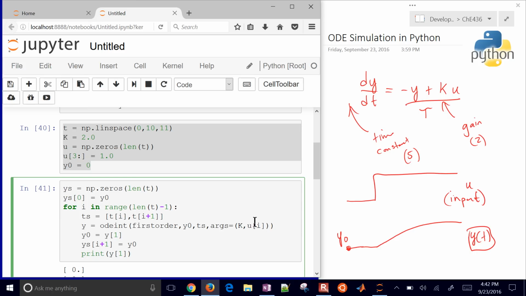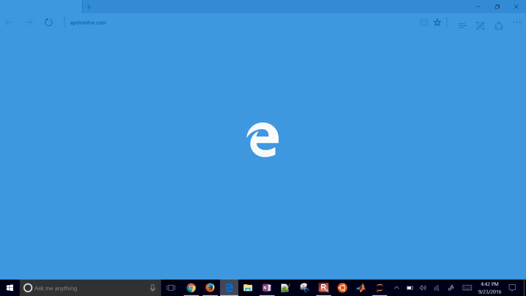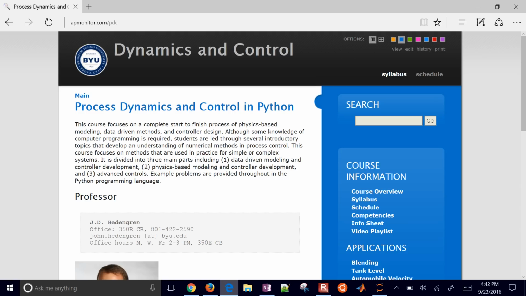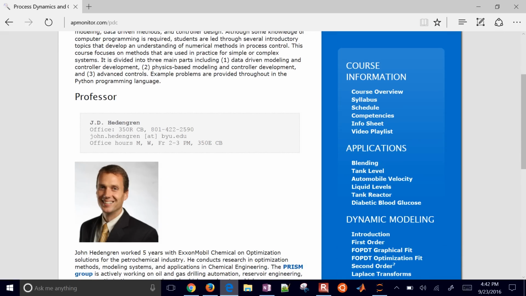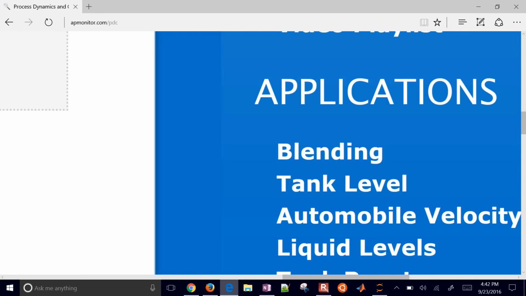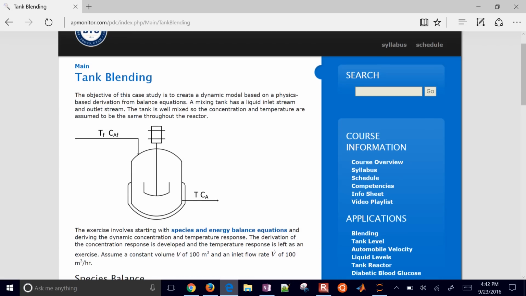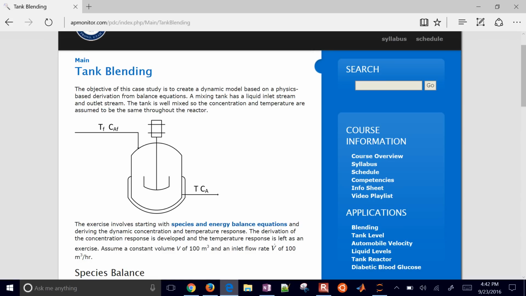Okay, so this is kind of a primer example. What I want to do is get to a little bit more complicated one, and what we're going to do is come to the course website for the process dynamics and control. Just go to APMonitor.com/PDC, and we're just going to take a look at this blending application. Okay, so in this blending application, we're going to create a dynamic model based on physics-based derivation